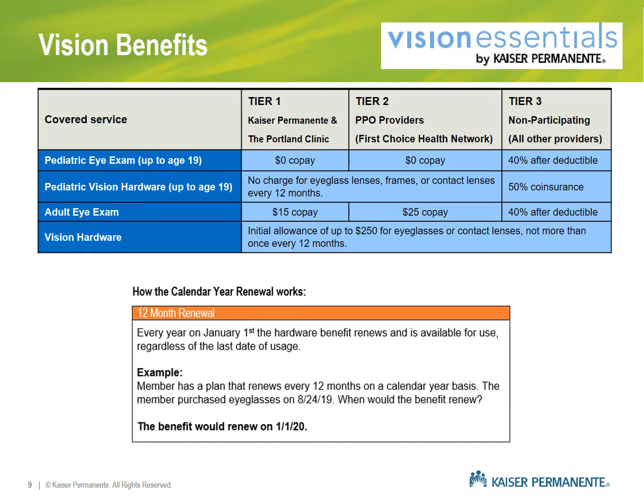This is the vision coverage for this plan. As you can see here, there are also three tiers of coverage, with Tier 1 being with Kaiser Permanente and the Portland Clinic, Tier 2 under First Choice Health Network, and Tier 3 for all other providers. For the adult eye exam under Tier 1, you can go to Kaiser Permanente or the Portland Clinic. That eye exam is subject to a $15 copay. Under Tier 2, it is a $25 copay. And then Tier 3, bear in mind that the deductible has to be met, and your cost share is 40%